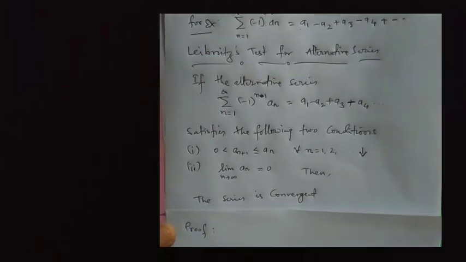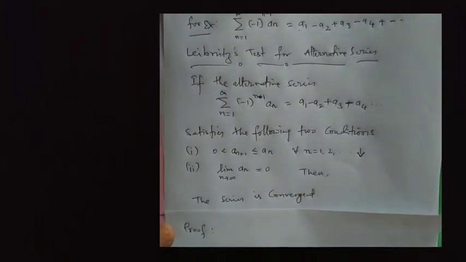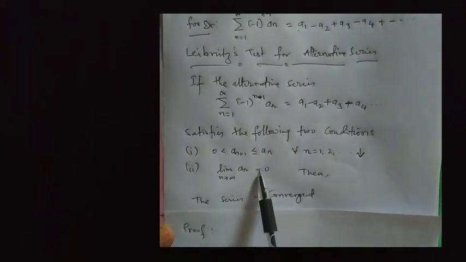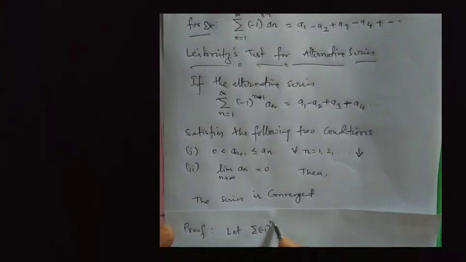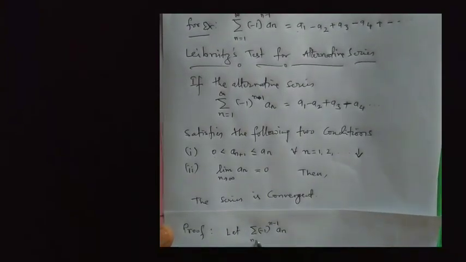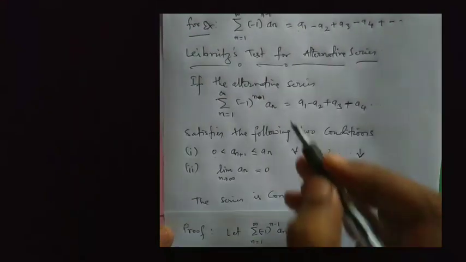Now let us have a look at the proof, and to prove this, we'll consider the alternative series which satisfies these two conditions. Now let the summation of minus 1 to the power of n minus 1 of an, where n runs from 1 to infinity, be equal to a1 minus a2 plus a3 minus a4 plus minus and so on,